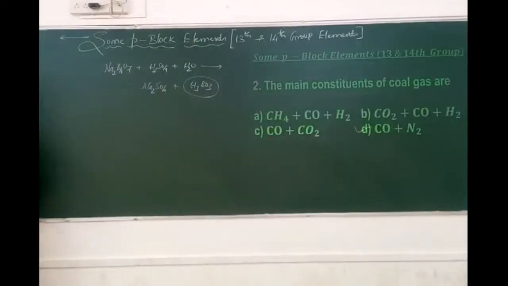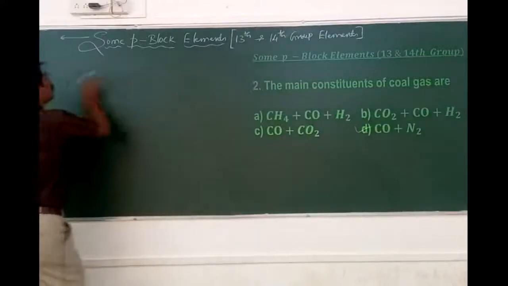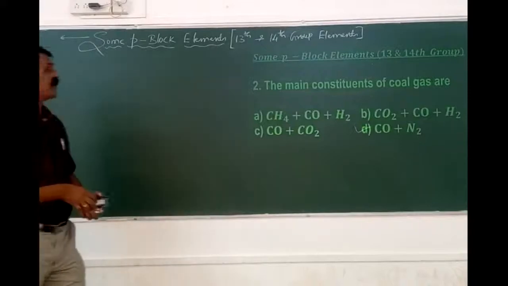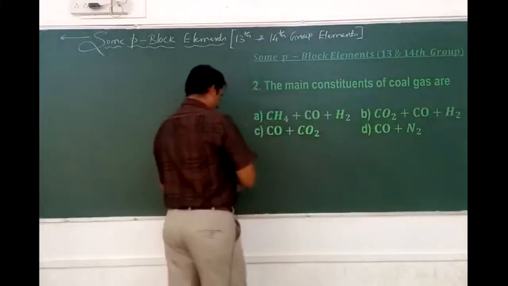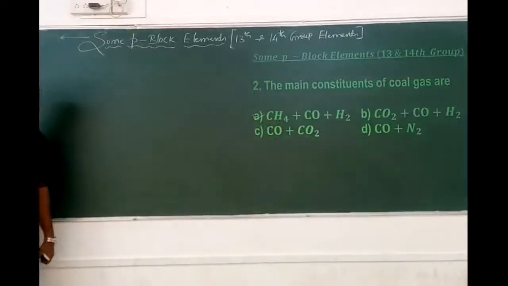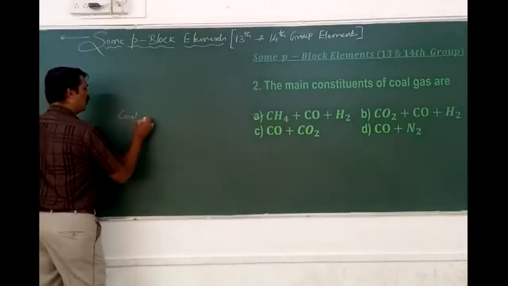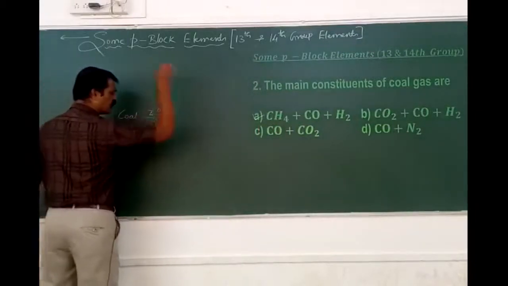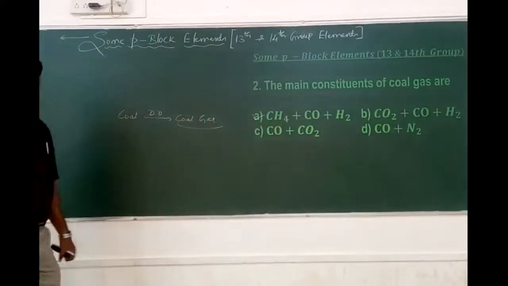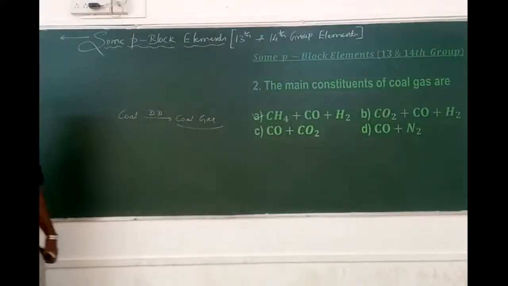What are the main constituents of coal gas? Coal gas usually consists of methane along with carbon monoxide and hydrogen. Coal on destructive distillation gives rise to various components, and one of the components is coal gas, and that coal gas contains methane, carbon monoxide along with hydrogen,